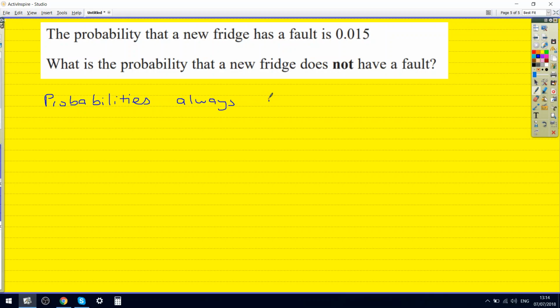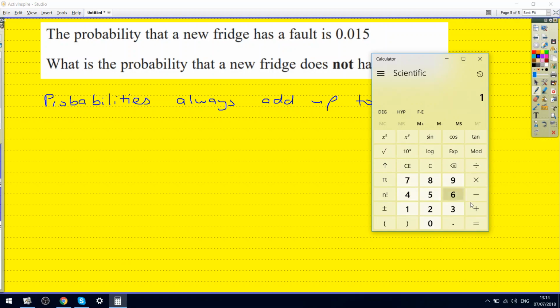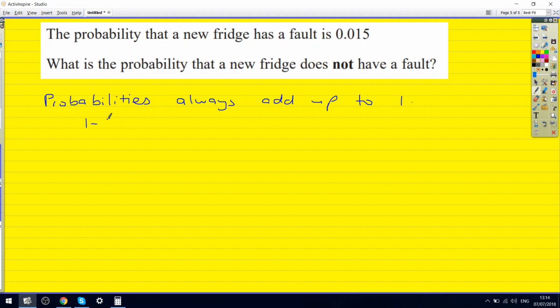Correct. Up to 1. So you'd use your calculator and just do 1 minus that. 0.015. And there you go. 0.985. 1 minus 0.015 equals 0.985. And basically the probability of A is the same as 1 minus the probability of not A,